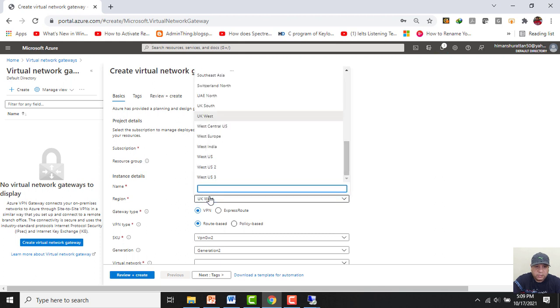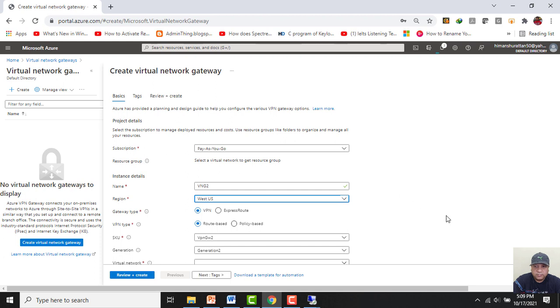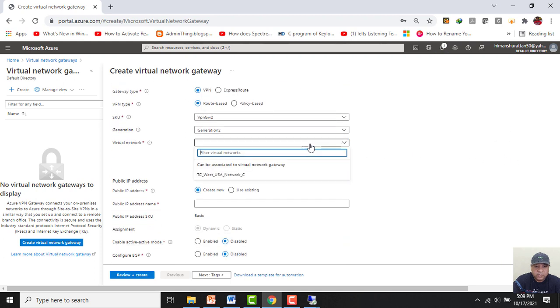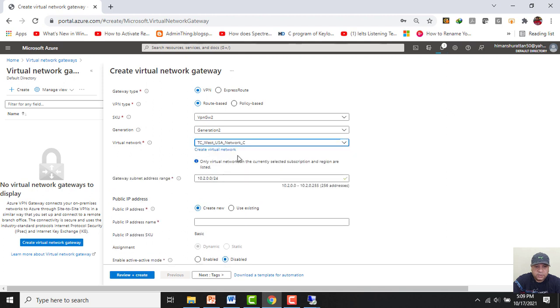Let the location be West US. I will associate it with network C. I will give it a name as PIP2.